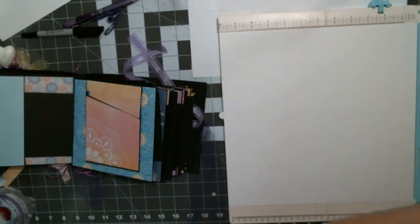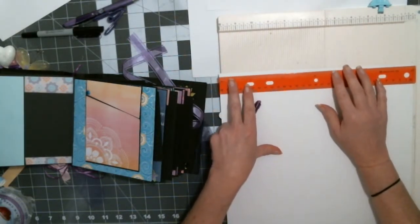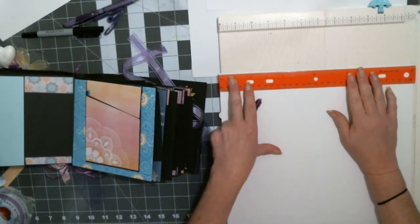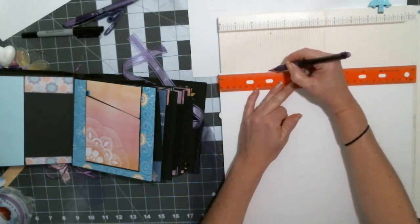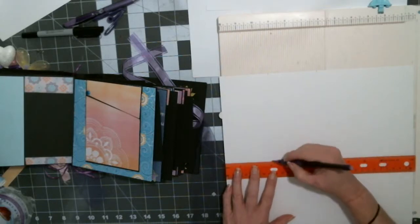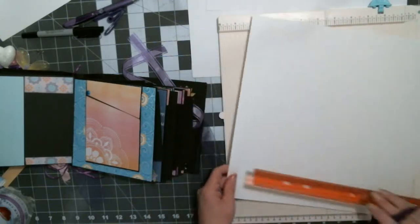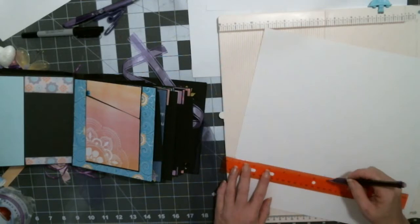Now we are going to make a tally mark. We're going to put this at the 6 1/8 so we know that we got this right. And let's see, so we're going to do it at 3 and 3 1/16. Okay, you're going to bring it down here. Then you're going to do at 3 and 3 1/16. Okay, we're going to draw a line to our lines